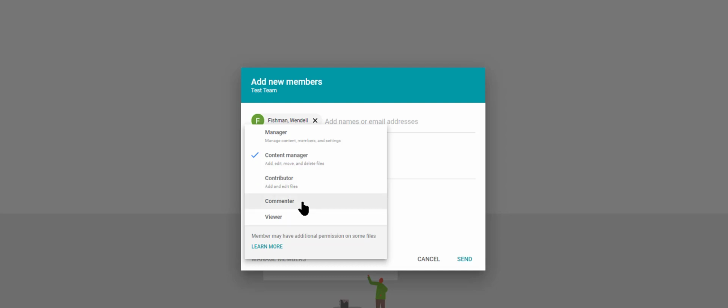And then there's a commenter role, and that role is like what you might add Professor Fishman as he has the ability to come along and make comments about certain aspects of the project as they're going along. And then the last level is just a viewer, if you want someone to have the ability to view information on that folder but not be able to change anything about it